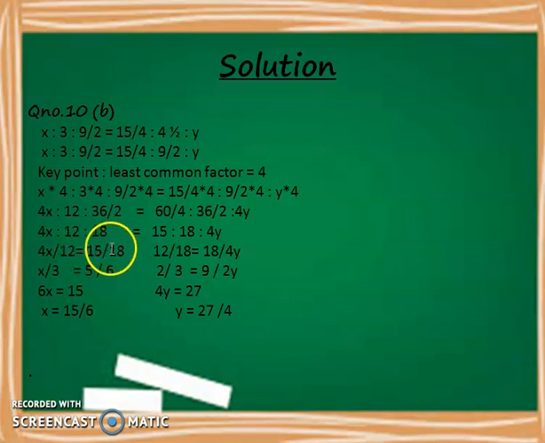and like 15 comes in the table of 3 and 18 also comes in the table of 3, which means the common factor is 3, so I will divide both the terms, both numerator and denominator, by 3. 15 divided by 3 gives me 5, and 18 divided by 3 gives me 6, and here again with the common factor, here the common factor is 6, or you can use any other common factor that gives you the simplest fraction.